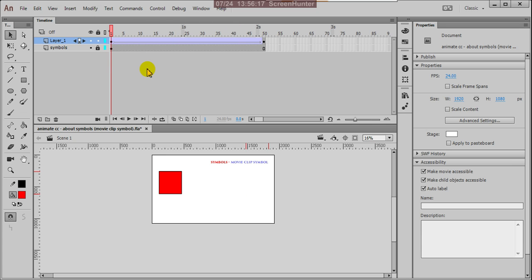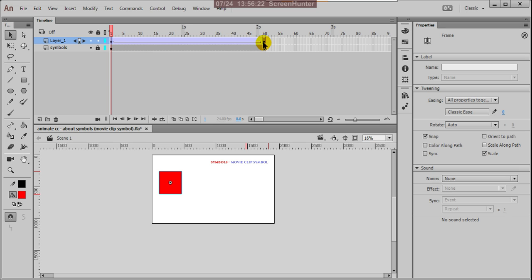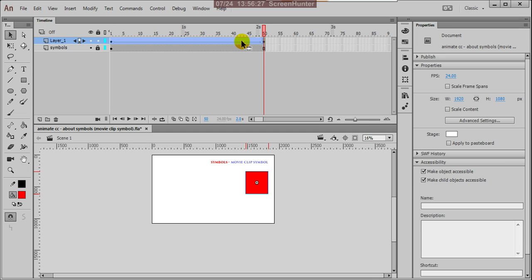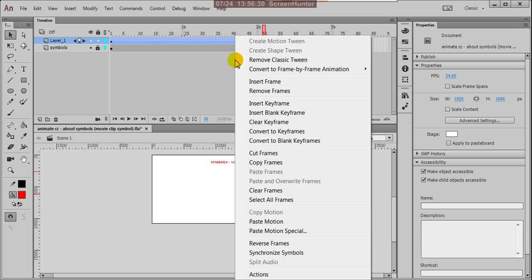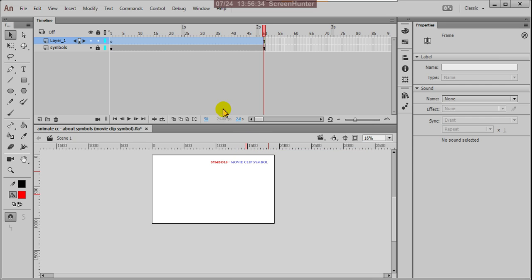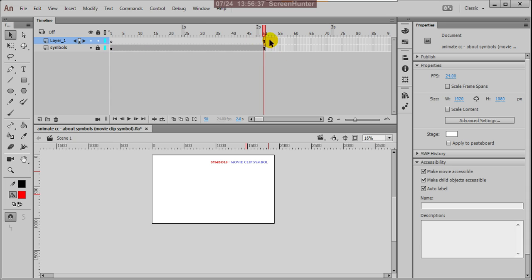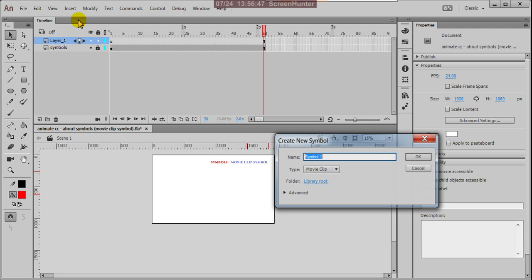Now, from here to here, by pressing shift and right click here, cut frames. See, no more frames here. Then from the menu bar, insert new symbol and give the name animation.